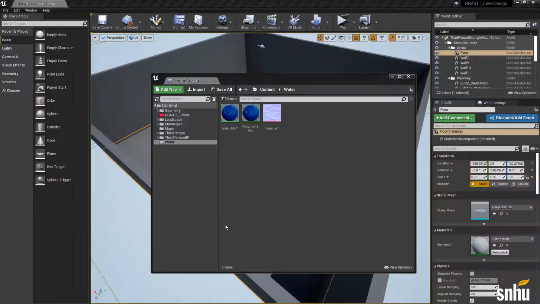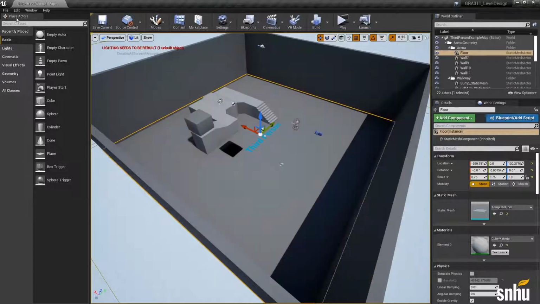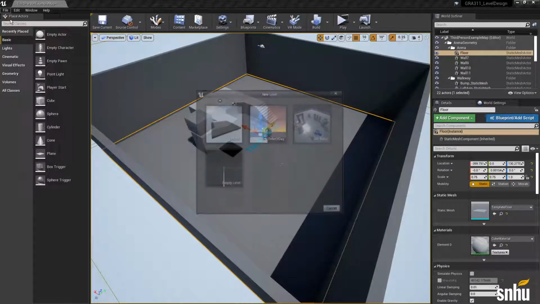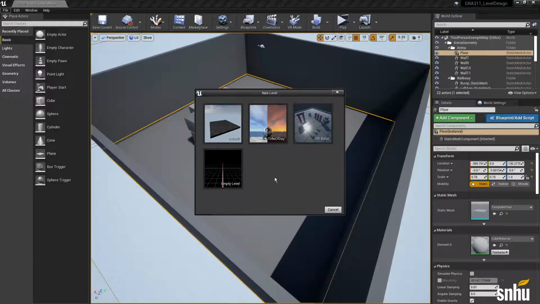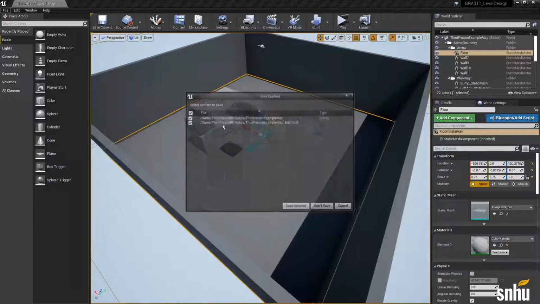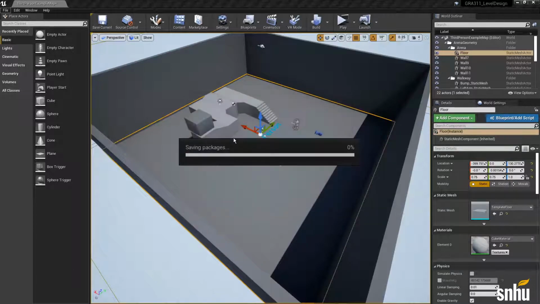All right, hello everyone. So in this video, we're going to be talking about textures and materials, the differences between the two, and how they work together. Okay. So for this, I want to create a new level. So we're going to go up to File, New Level, and then under the templates they have here, I'm going to click on Default, and let's go ahead and save that.